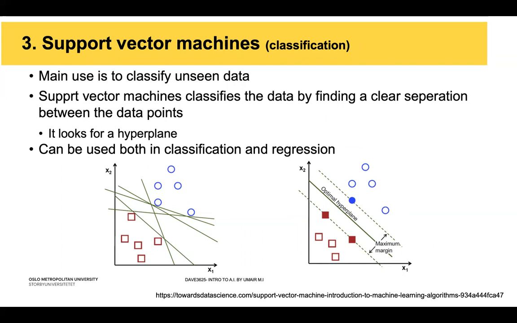A hyperplane is a line which tries to draw as many hyperplanes as possible. A hyperplane is a line which distinguishes one class of data from the other class of data